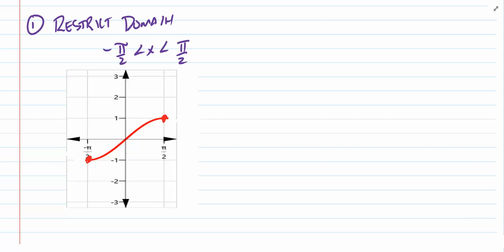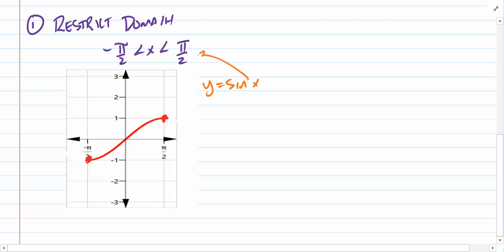Okay, now that I've restricted my sine curve, this is still the sine curve, right? Now that I've restricted it, y equals sine of x on this domain from negative pi over 2 to positive pi over 2, is that still a function? Yes, it's still a function. And does it pass the vertical line test? Yes. Does it pass the horizontal line test? Yes. Okay. Now that we have restricted the sine function down from all real numbers to negative pi over 2 to positive pi over 2, then we can talk about the